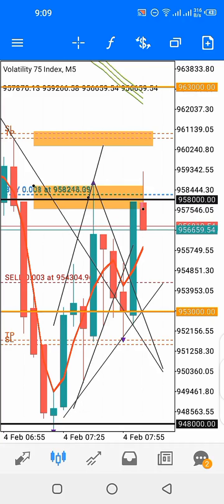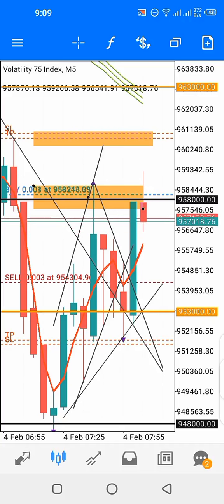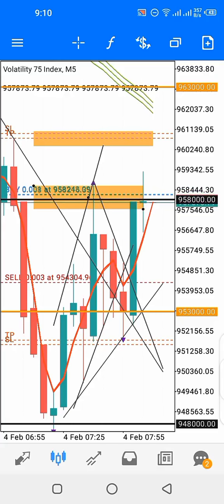Then we have the second edge trade, which was a buy stop order that is currently turned to a buy order of 0.008. I would have put the last and remaining edge trade, which is a sell stop order of 0.024,